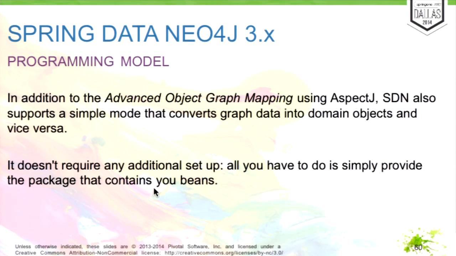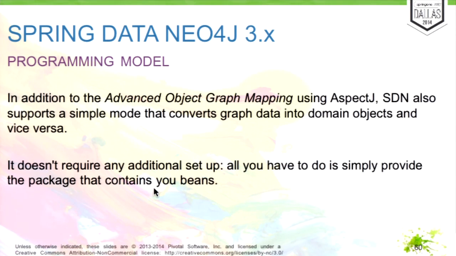There are two mapping modes in Spring Data Neo4j. Initially, when Rod and Emil got together, they focused on an AspectJ-based mode, which uses your domain entities just as shallow wrappers around the nodes in the database. So every property access was written through and read through directly to the database. And we still have this AspectJ-based mapping because, on one hand, it's pretty cool and pretty fast. On the other hand, it's a pain to set up in tooling, as you might know from AspectJ-based things. So if you get beyond the hurdle of setting it up in your IDE and so on, then it works really well. But of course, it's much easier if you do not have to deal with that.